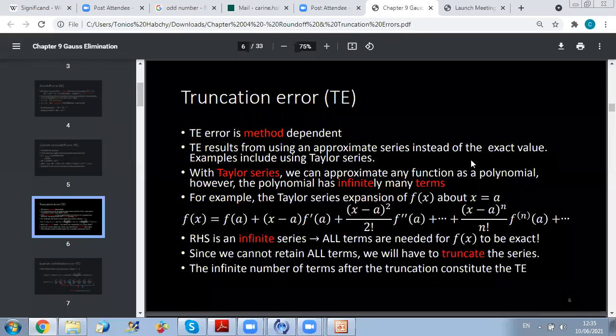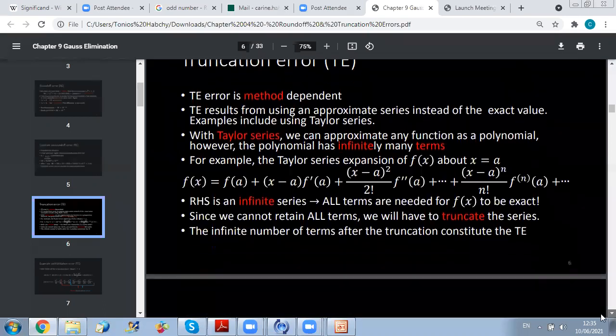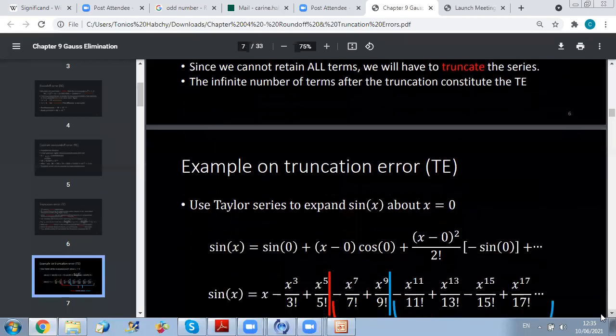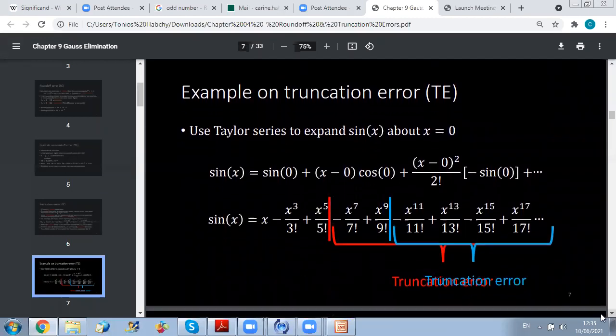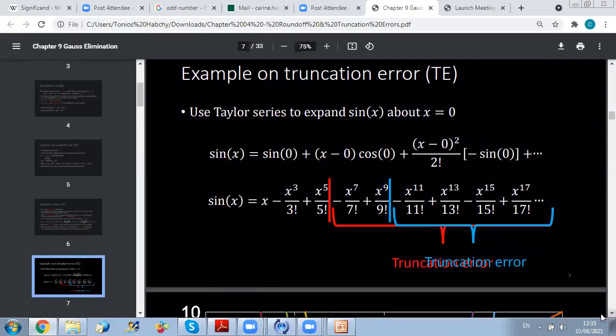Okay, so as we said here, in truncation error, the larger the number of terms we keep, the lower the truncation error will be. And we will take some examples on how to develop a function around a certain point using truncation methods. So first, for example, if they ask us to use Taylor series to expand sin x about x equals 0,